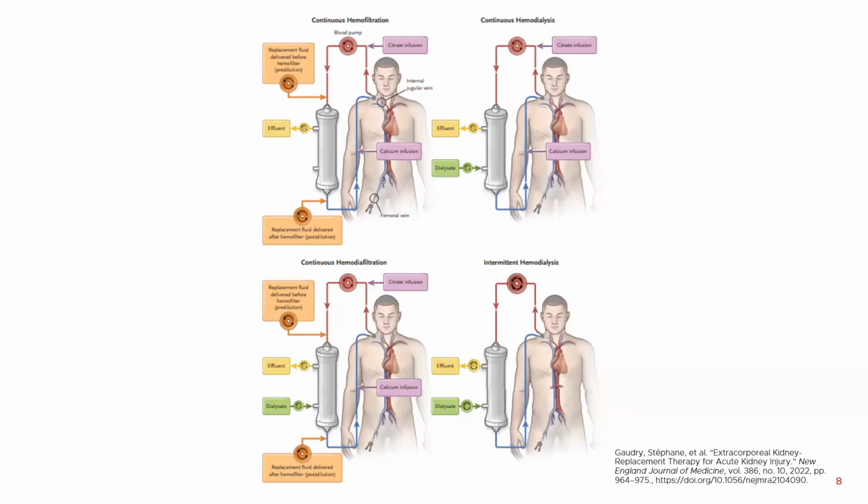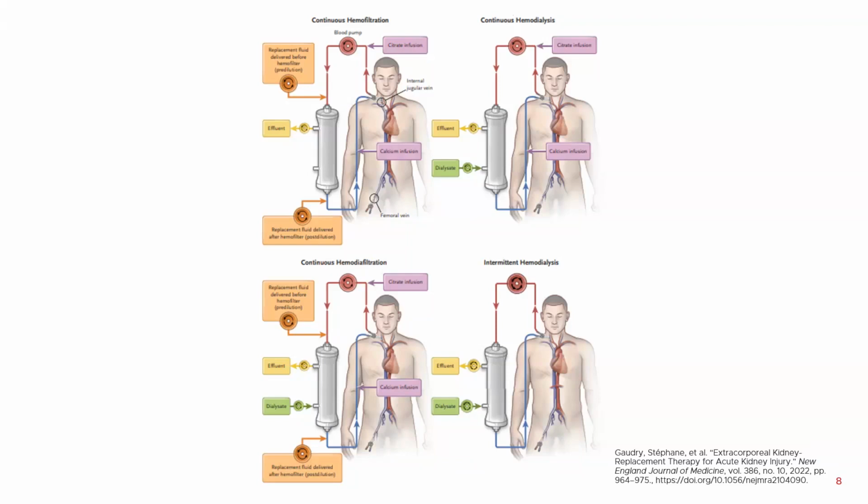In continuous hemofiltration, there is an ultrafiltrate that is generated across the membrane, and there is an excess ultrafiltrate that is desired for negative fluid balance. We replace this excess fluid that is being taken out with replacement fluid, and the replacement fluid can either be delivered before the filter or after the filter. There is no dialysate solution that is required,